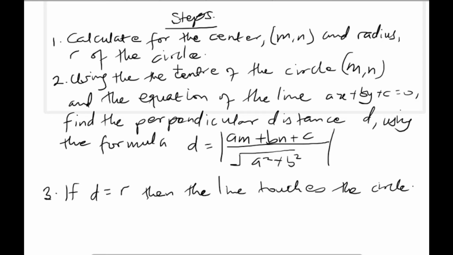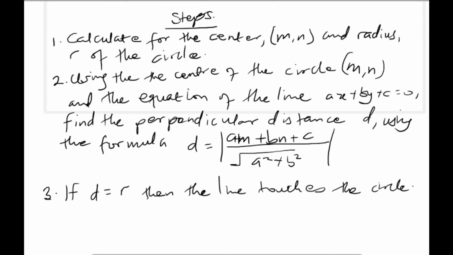Then point 2 says using the center of the circle m, n and the equation of the line, which is in the general form ax plus by plus c equals 0, find the perpendicular distance d using the formula d equals am plus bn plus c all over the square root of a squared plus b squared. And this is what we did to get this equation. We wrote the equation of the line, then wherever we see x, we substitute the x coordinate of the center of the circle there, and wherever we see y, we substitute the y coordinate of the center of the circle there, all over